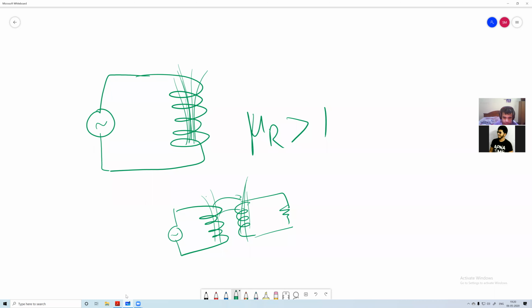So the way to do it is using some magnetic material. This has a very high permeability. So this will ensure that the flux lines move like this, through the material, and most of the flux from the primary is transferred to the secondary and very little is wasted. That is what we want, because we want to be highly efficient.